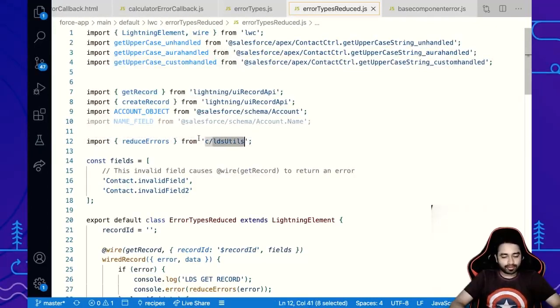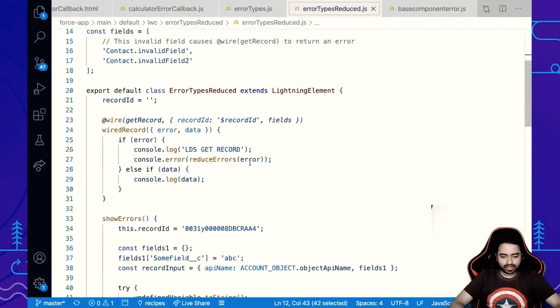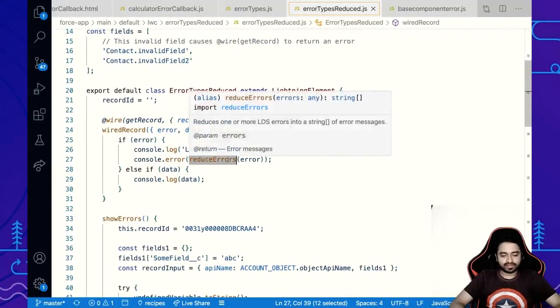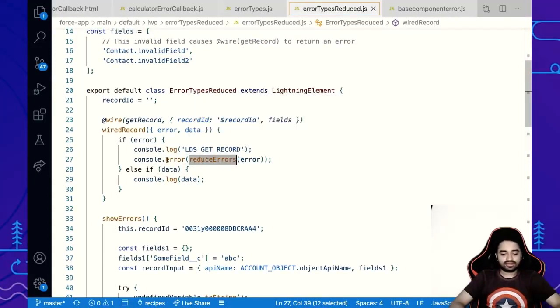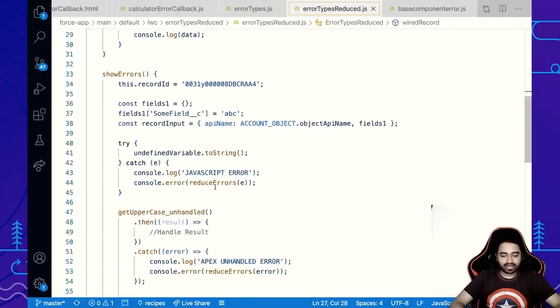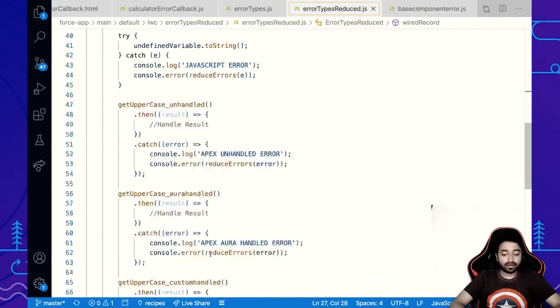This is the component in which this function is present. So import this function, and then wherever you are trying to log your errors, just put it inside the reduce errors function. So here, instead of just logging console.error, I'm saying reduce errors of error, and it is the same thing that I have done in all the places where I've logged the error.